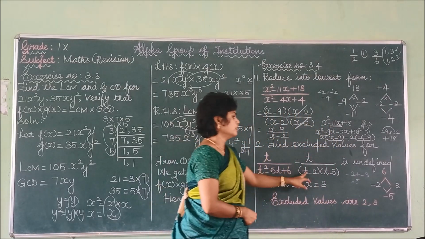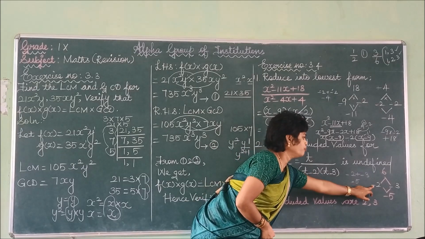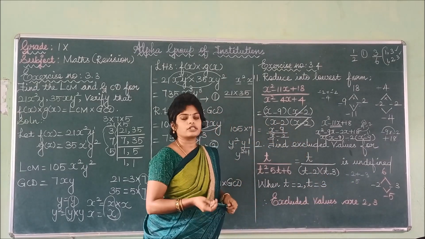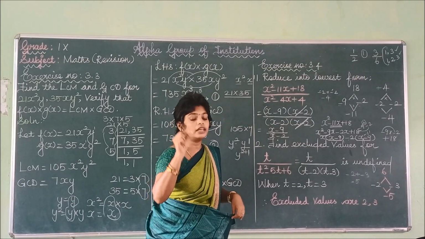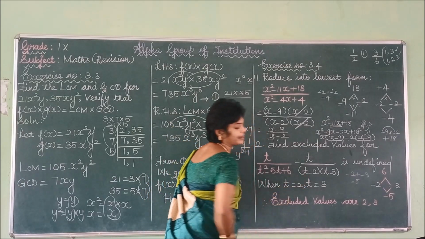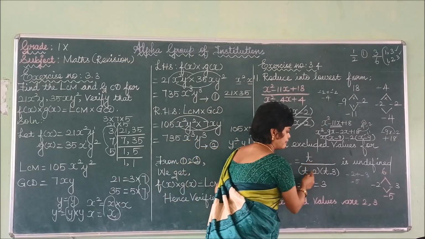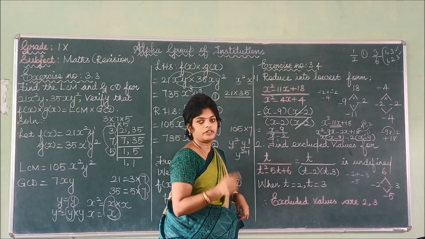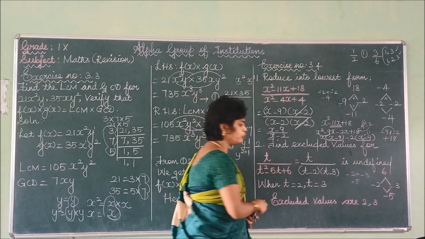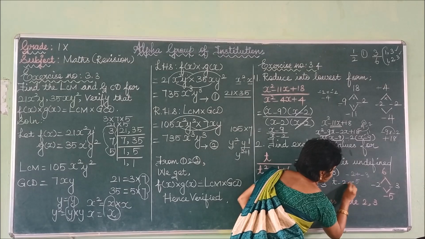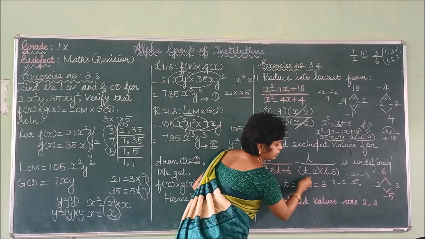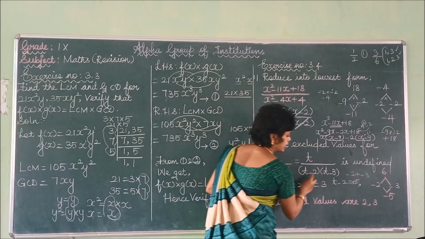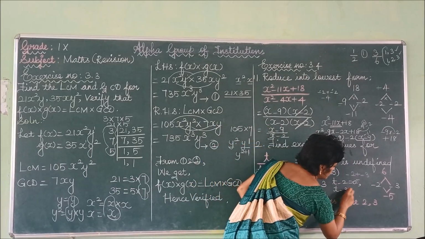So listen here. What are the two factors? t minus 2 and t minus 3. So in this condition, for the excluded value, you have to take the factor in the denominator which is equal to 0. t divided by t minus 2, t minus 3 is undefined. You have to note this down. First you have to write the statement, and you can take t minus 2 equal to 0 because this is only the denominator. You should not take t equal to 0. You can take the denominator equal to 0. t minus 2 equal to 0, t minus 3 equal to 0.